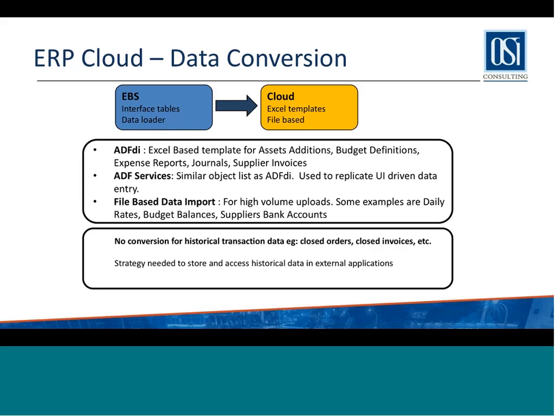Where the challenges come up is there is no easy automated route for converting historical data. For example, closed orders, closed invoices. So it's the same challenges that you may have faced when you moved from your earlier legacy ERP to EBS, if you have done that. Sales orders, or let's say if you are used to looking at sales order history for the last 3 years, sales orders for a customer out of your transaction tables, you moving across closed sales orders is always a challenge in the way that you would like to.